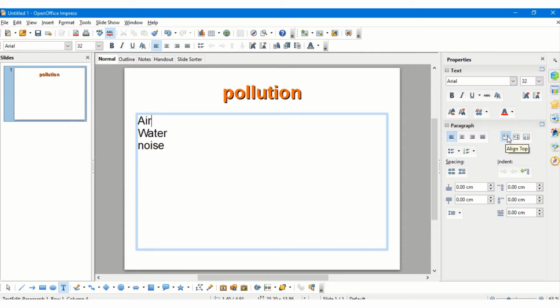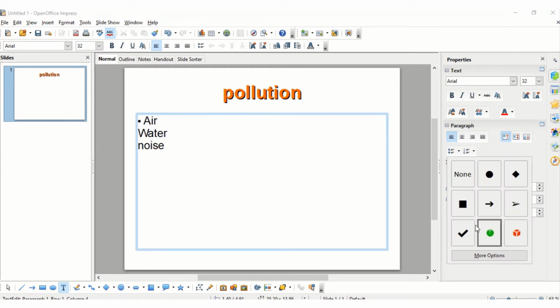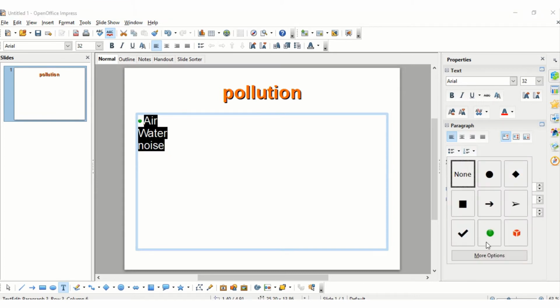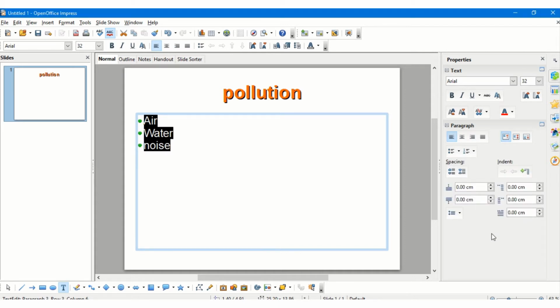Here this is the alignment in the cell, that is the top, center, or bottom, that is alignment inside the text. I can also give a particular type of bullet to my text by selecting it and clicking on the bullets option. So there are many different types of bullets. I can select any of the bullets.